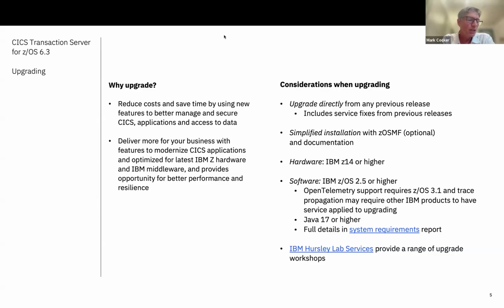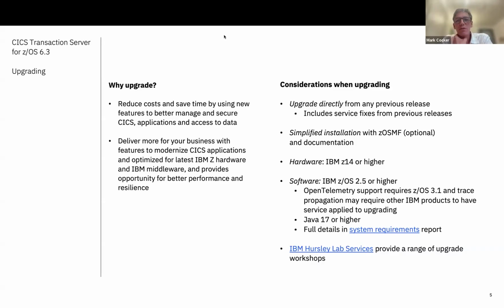We do believe that we're, as a product, delivering more value for your business, but that generally also means you need to be on reasonably recent versions of the product. We do continuous delivery of new features on lower releases, but that can be very hard to do at times. So generally, being on the latest release gives you the best opportunity for your business to actually take advantage of new features.